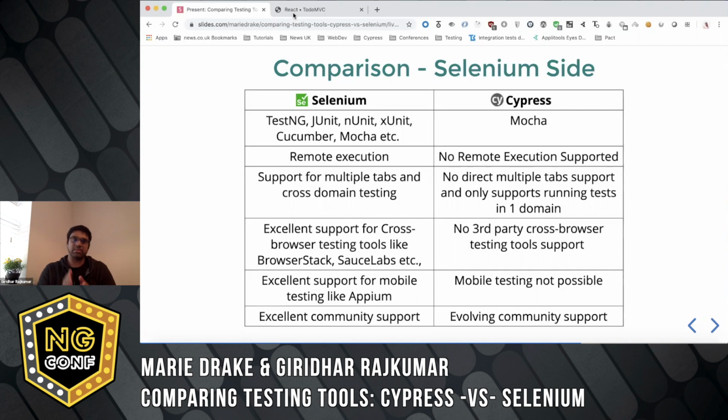So what happens is that particular support in Cypress is not so great. We just have to restrict within one domain, whereas if you take Selenium, it executes across any domains that are available. And the next one is Selenium has an excellent support for cloud-based cross-browser testing tools like Browser Stack, Sauce Labs,